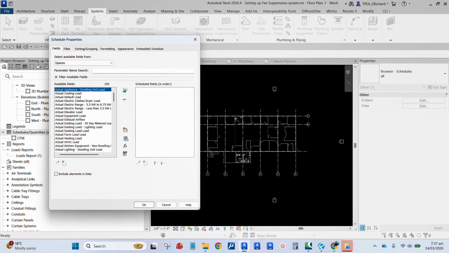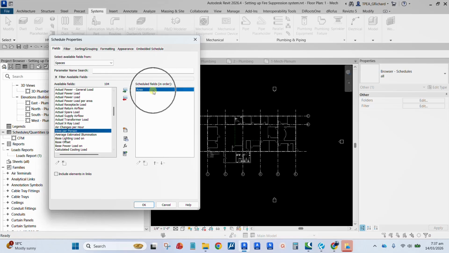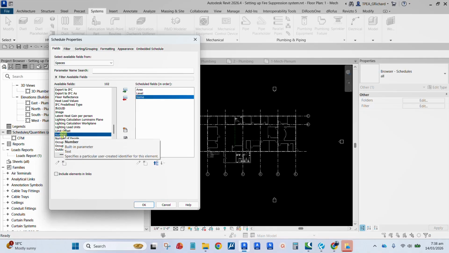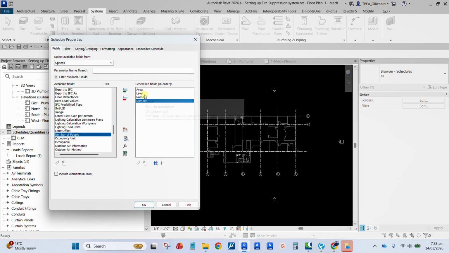Now for the fields, I'm going to select here the area. So I want to include the area, so just double click that. So it will now be added here on our scheduled fields. So area, what else? Level, double click, name, and number. Okay? So if you want to sort the order of your scheduled fields here, you can do